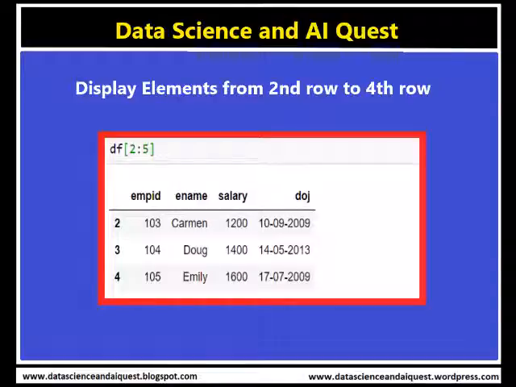So if we specify over the Python prompt df and within square braces 2:5, it will display elements from the second row to the fourth row of the data frame.